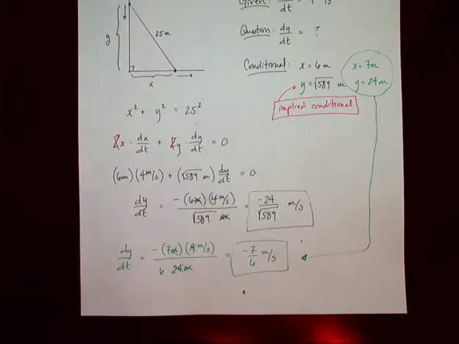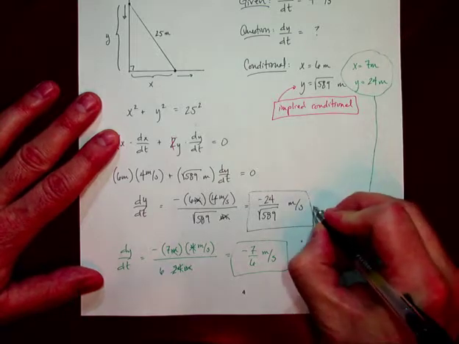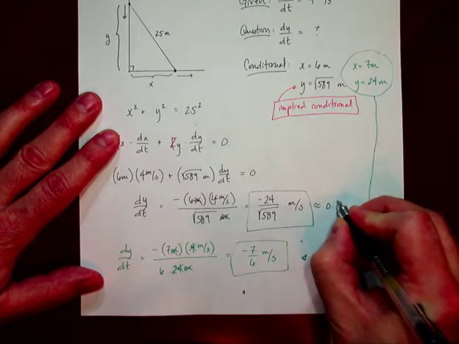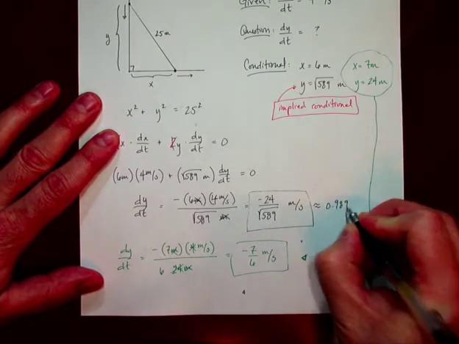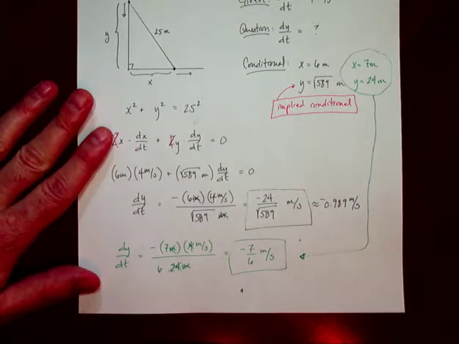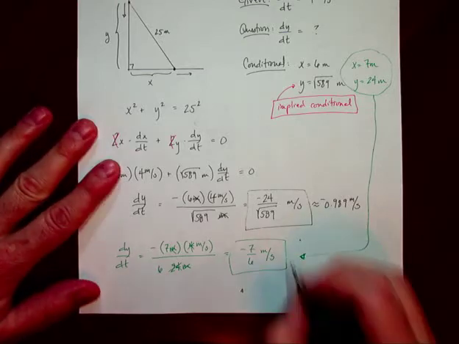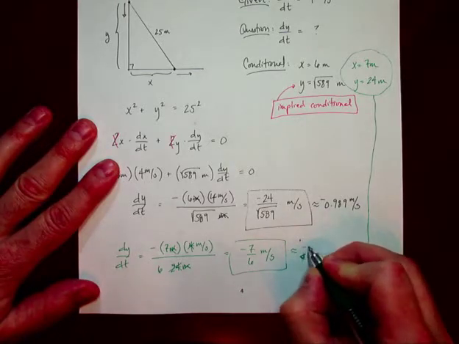We have negative 24 divided by the square root of 589, and that is going to be approximately negative 0.989 meters per second. And negative 7/6 is going to be